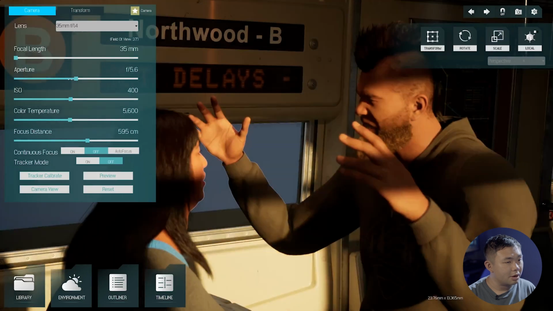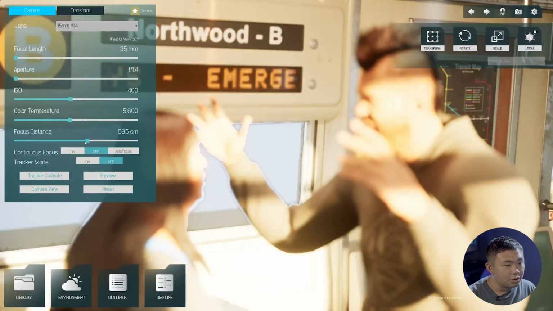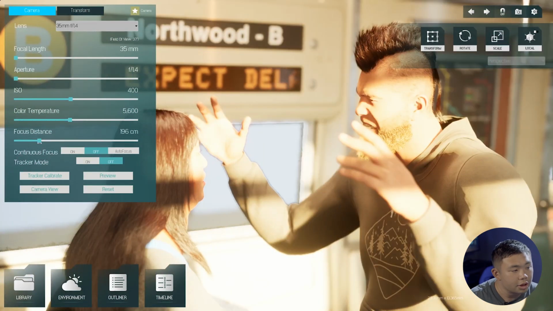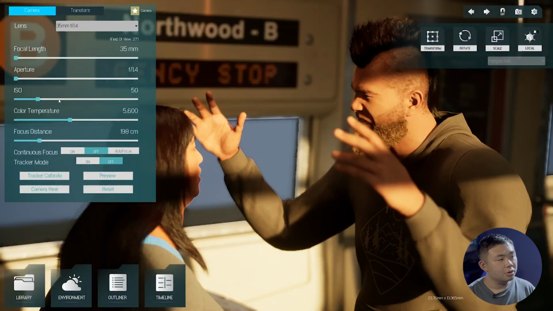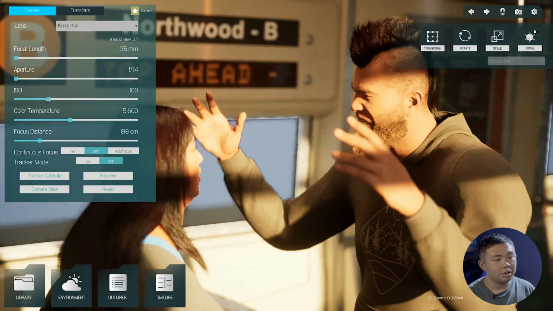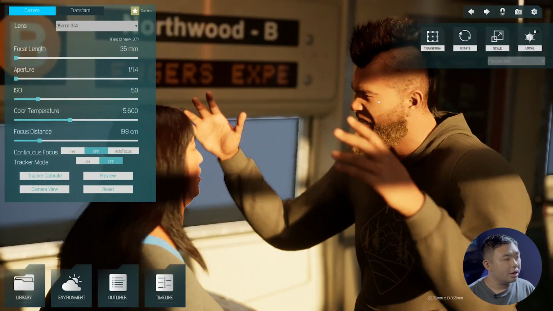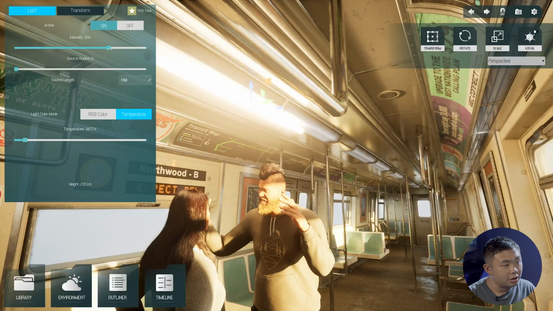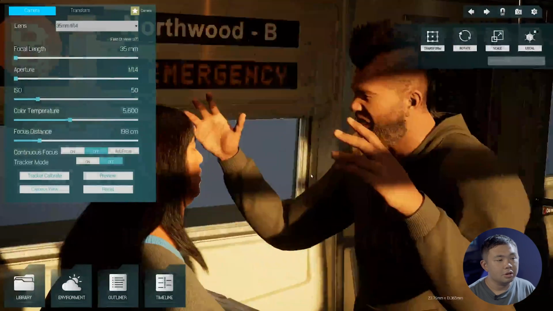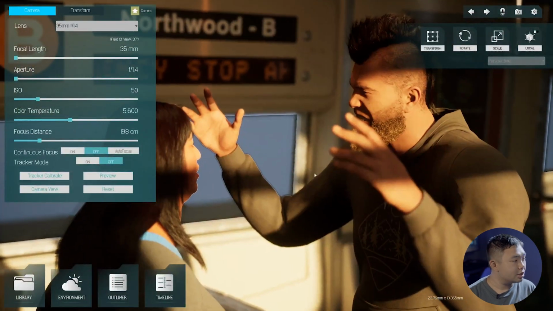So let's increase the aperture and focus on them first. Okay, and you can see that it is just way too bright. But after adjusting the ISO and other settings, it's somehow better. And I want to adjust a bit of the fluorescence again. So just decrease a bit on intensity. Let's see. Alright, so this scene is such a good one.